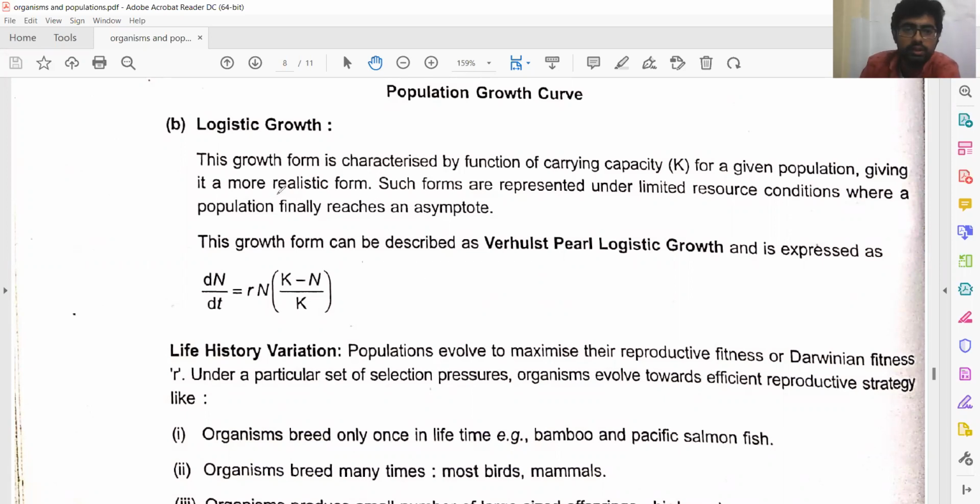So this growth form is characterized by a function of carrying capacity for a given population, giving it a more realistic form. This carrying capacity was not in play in case of exponential growth,